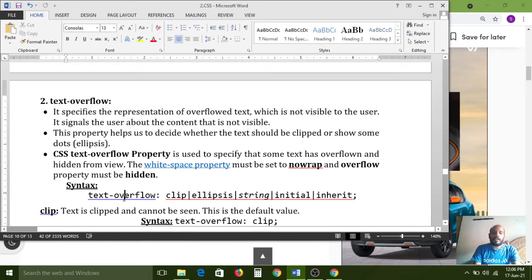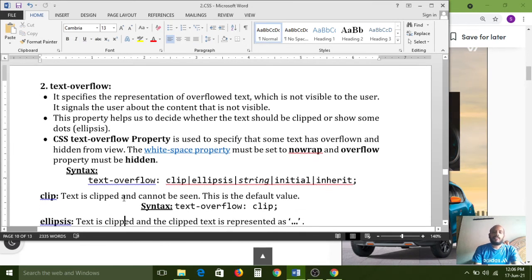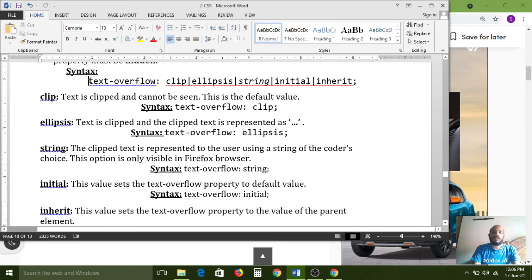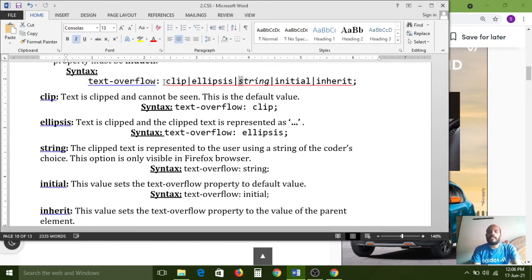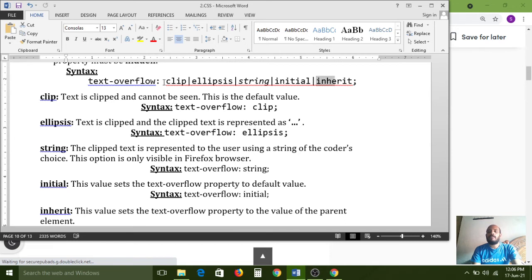Now the syntax. First of all, text-overflow property can support clip as one value, ellipsis as the second value, string as the third value, and also initial, and it can support the inherit keyword also.